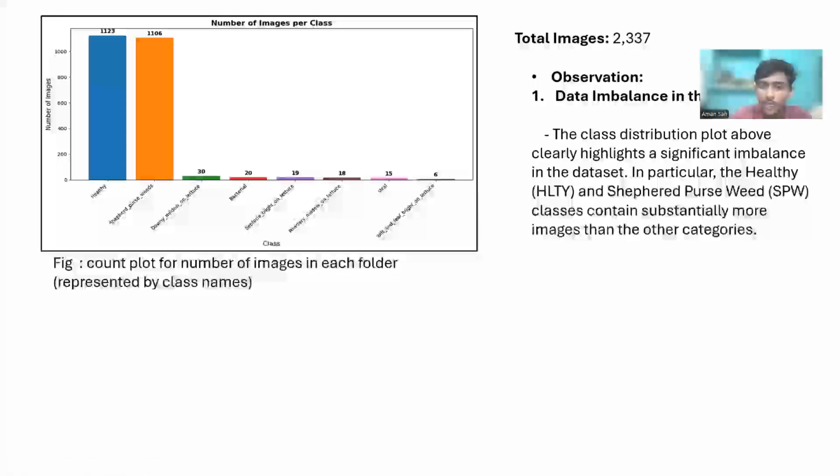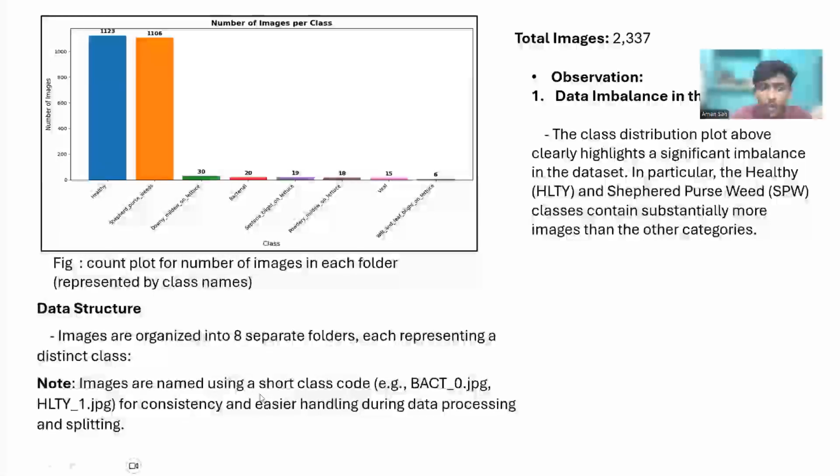There you won't find any technique which will try to balance the number of classes. But if you look at the DNN approach, there I have done data augmentation to balance the number of images in each class, right? Here you see that images are organized into 8 separate folders, each representing a distinct class that